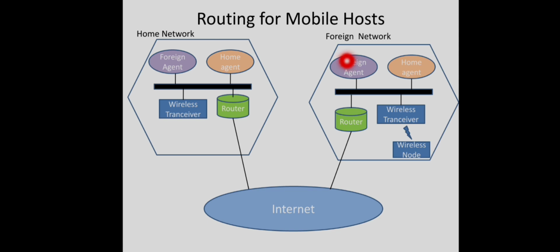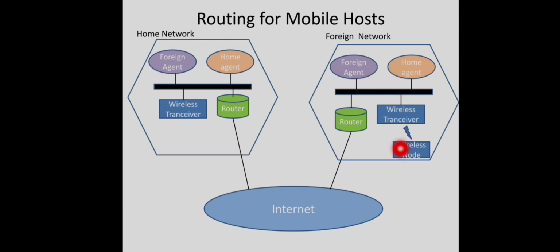Periodically, each foreign agent broadcasts a packet announcing its existence and address. A newly arrived mobile host may wait for this type of message, and if it does not receive any such message within a short period of time, it will itself broadcast a message in this area asking for a foreign agent. Upon seeing this message, the foreign agent will respond.